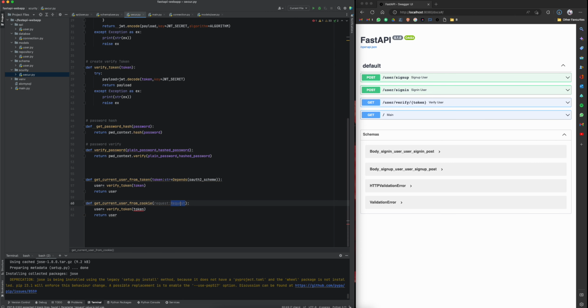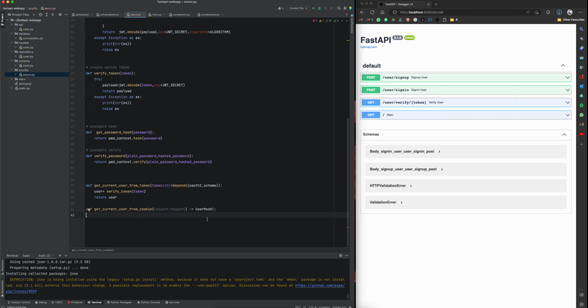Okay, now request. Okay, great. This time we don't want to return user model, verify token, and from user model we can get